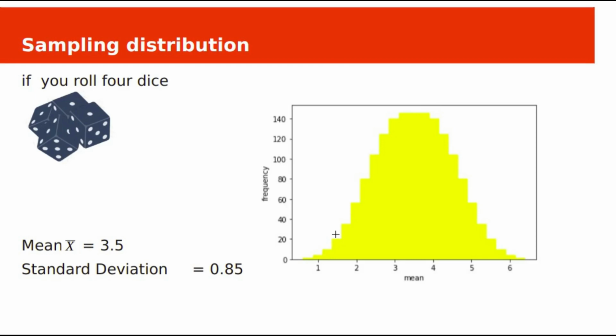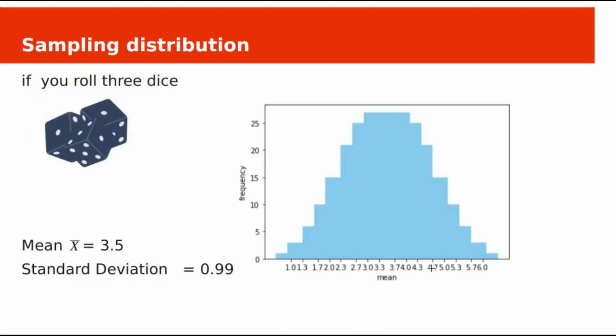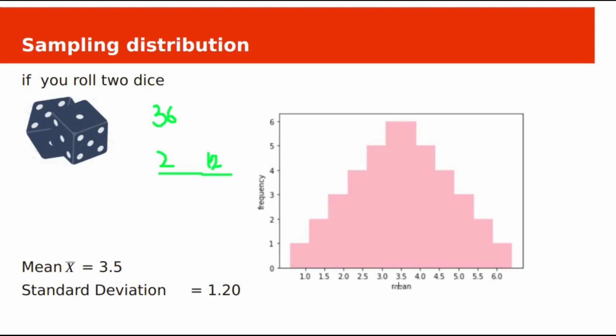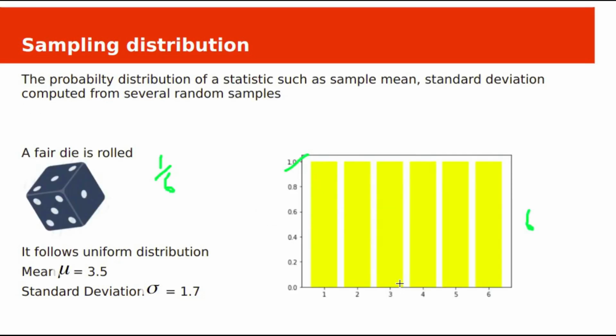Observation here is 1. No matter how many dice are rolled, the average value is always centered on 3.5. It is the same for all of these. Here also it is 3.5. This is because the average of all the numbers on a single die is 3.5.